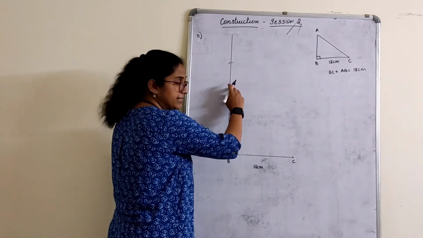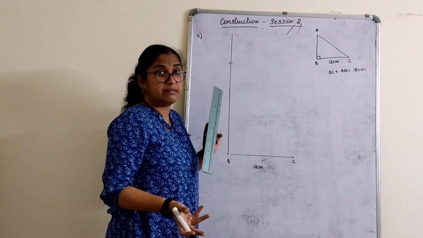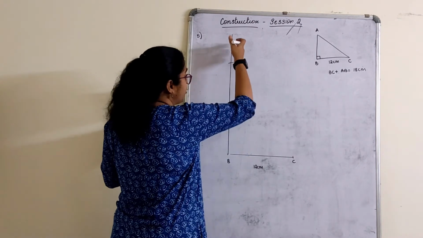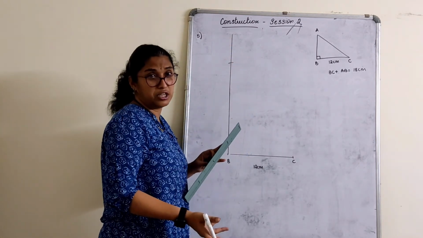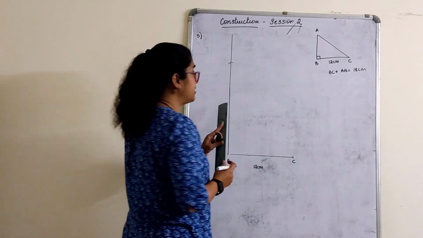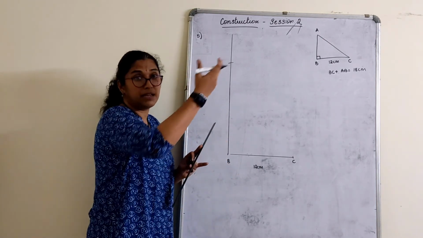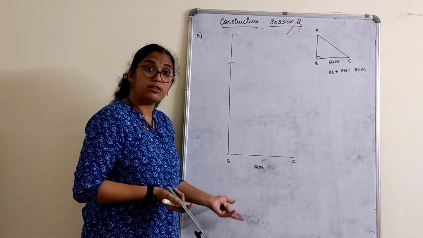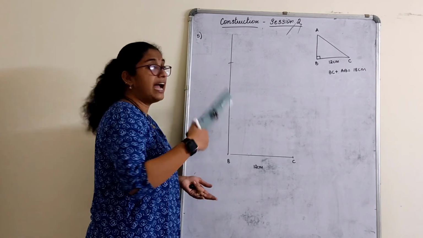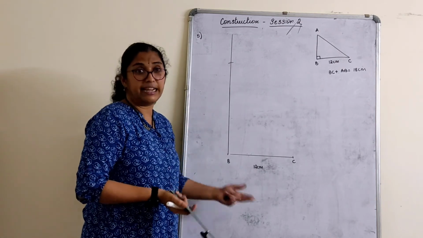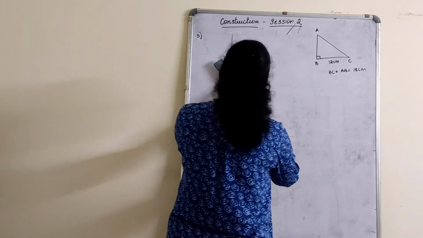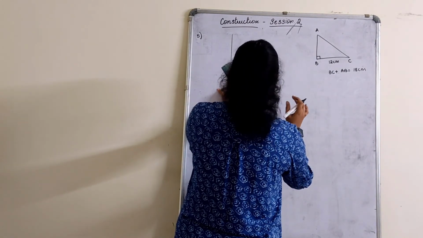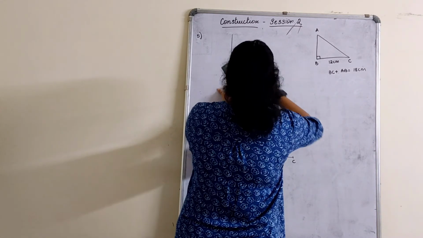Simple. Mark for 9 centimeter. Mark for another 9 centimeter. That way also you can do it, children. Mark a point for 9. From there, mark a point for another 9 if it is not possible. We can do any adjustment. Without a longer scale you can't do it, no. 18 they have given. 9 and 9, 10 and 8, any combination you do and get it done. But joining part will be difficult. You have to do that accurately.